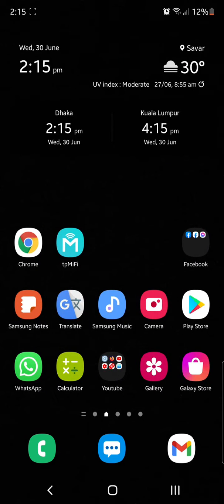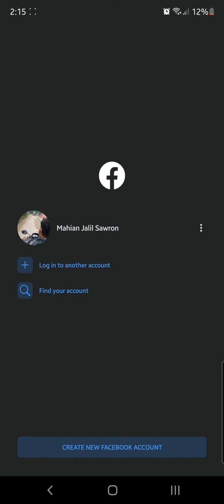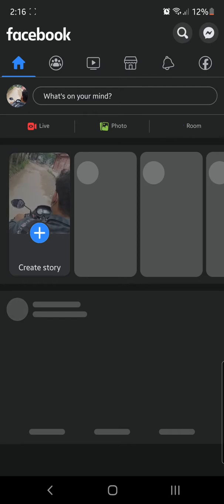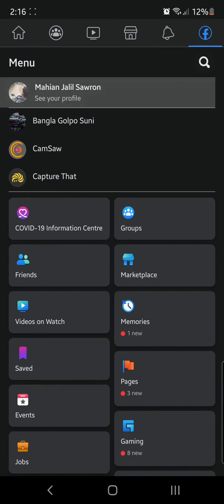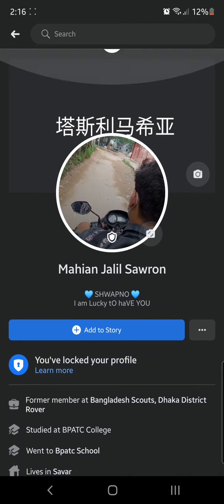First I have to go to Facebook. Okay. Then I have to log in, because my password is saved, so it easily goes to my Facebook profile. So I have to go to my Facebook profile. Here you go. Now I have to go to this sign,